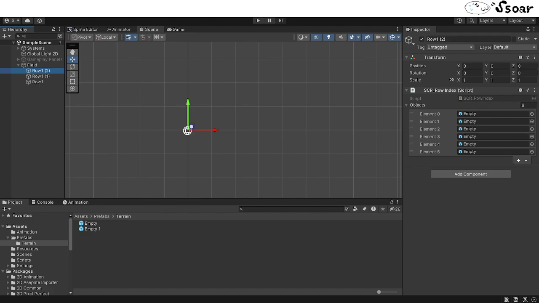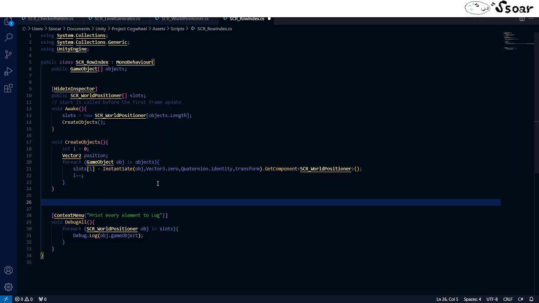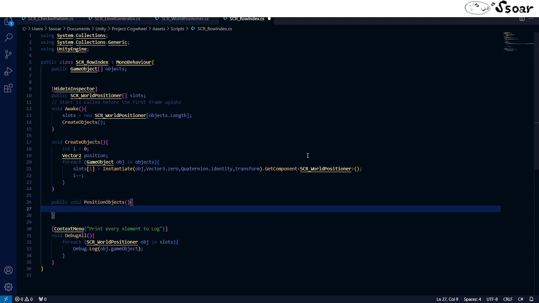So yeah, let's do that then. So yeah, I'm gonna need a function that is position objects void public. It's gotta be a public function so that it can be called from the level generator, public void position objects. And I call it position objects, but that's not actually what it's doing. The world positioner is positioning the objects, and all this does is telling the world positioner where I actually want the objects to go. So we're going to go for each